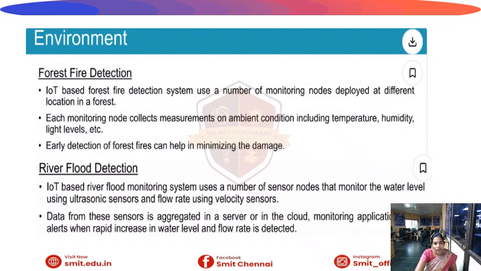Next one is the forest fire reduction. IoT-based forest fire reduction systems use a number of monitoring nodes deployed at different locations in the forest. Each monitoring node collects measurements on ambient conditions, including temperature, humidity, and light levels. Early detection of forest fires can help in minimizing the damage. Next one is the